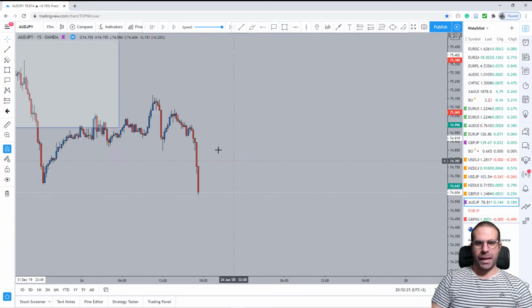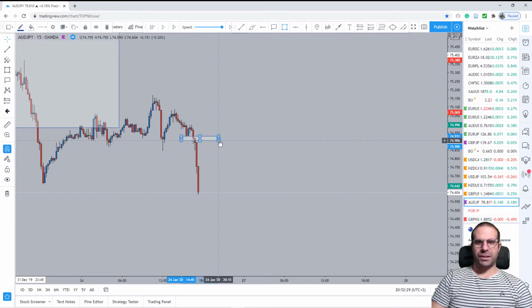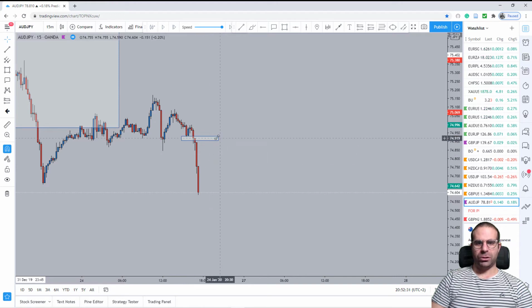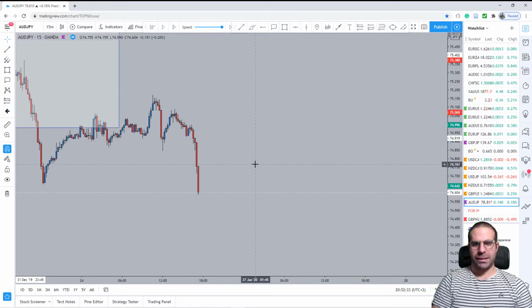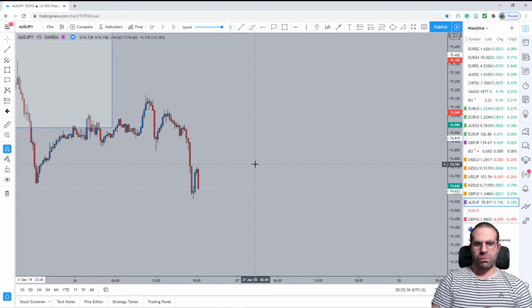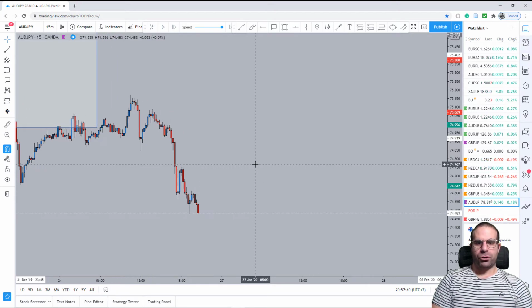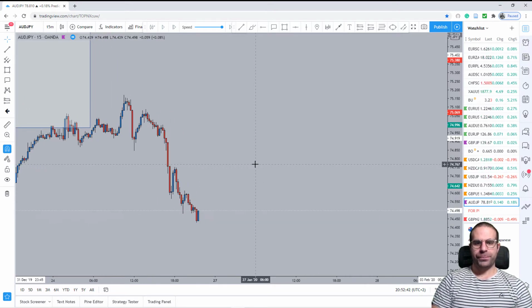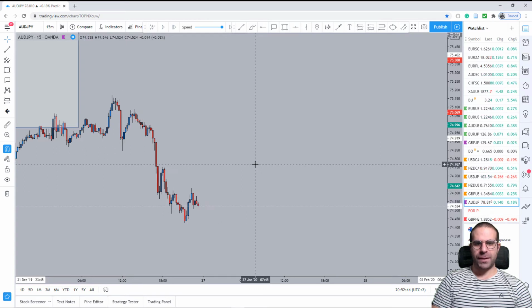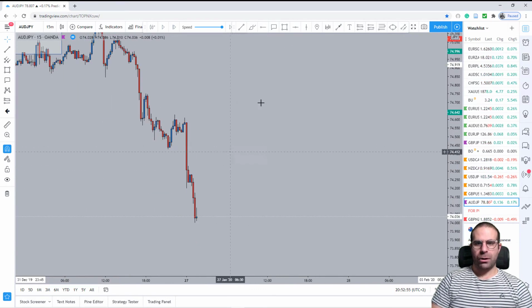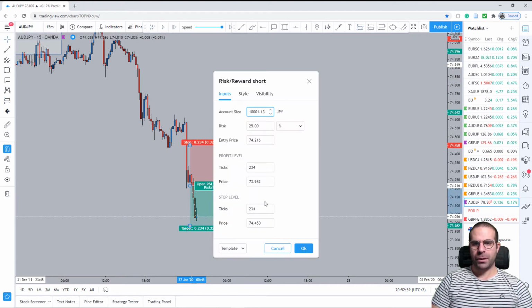Nice. Again, the pending order would be somewhere around this area, but now we have moved a lot below, so I'm not going to be placing it. I'm waiting for small clear movements. Unfortunately, we have to be very picky. We cannot just be entering trades like that. Now let's check this out. Probably a pending order around here would be optimal, as far as I can tell.